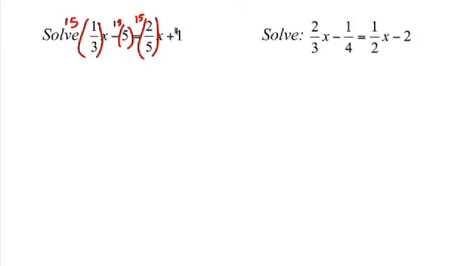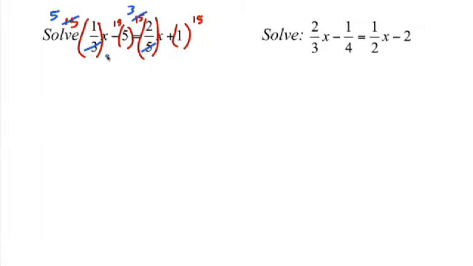Notice, to figure out what to multiply both sides by, Jerry just multiplied the two denominators together. 5 times 3 is 15. That's where it came from. Now, the next step is the most critical. When you take 15 times a third, remember this is in the numerator, so the 3 goes into 15 5 times. Here nothing cancels because there was no denominator. Here we have another one, 5 into 15 3 times, and then again nothing here.